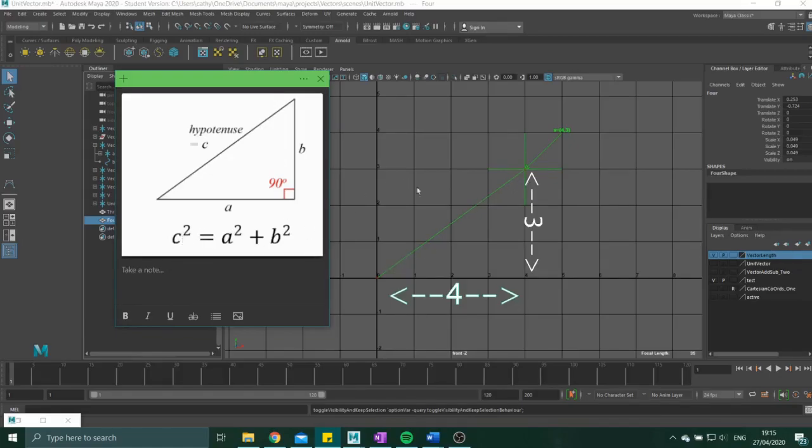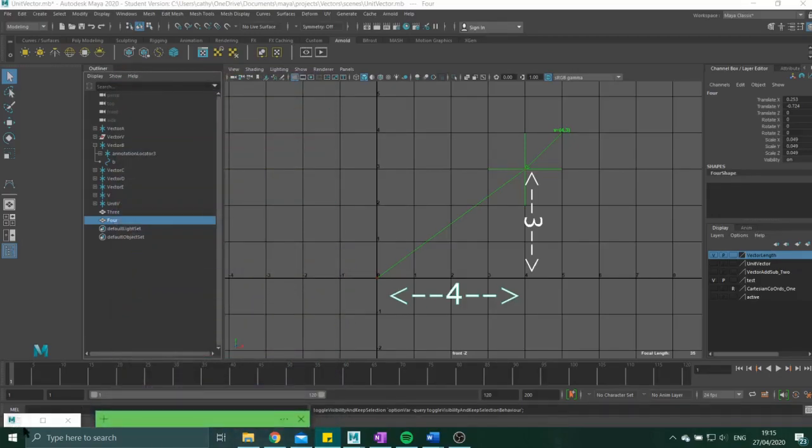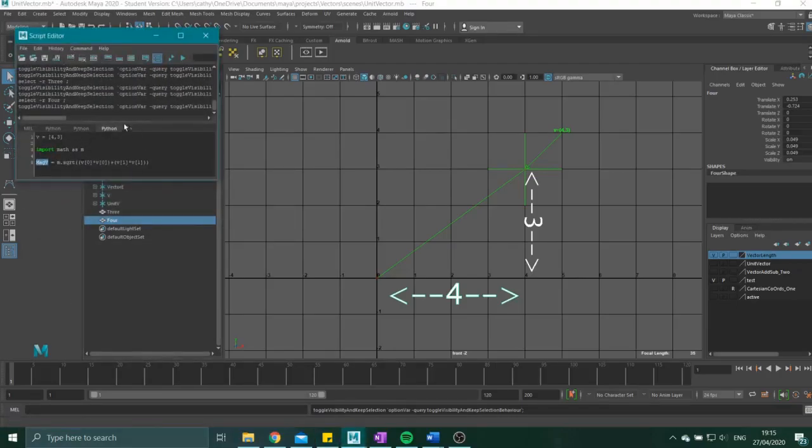So this says that C squared equals A squared plus B squared. Then if we want to find C on its own, we're just going to get the square root of both of these. And I can pull up our script editor here, and we can see that that is what we were doing. Once again, we have our vector V, and I'm just going to import these maths functions. So the magnitude of V, or the length of V, is going to be the square root of V0 times V0. So our first component in V, which is our 4, our length 4 here, so we're squaring that, plus